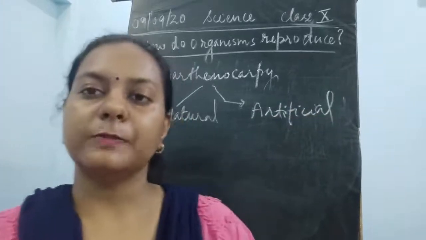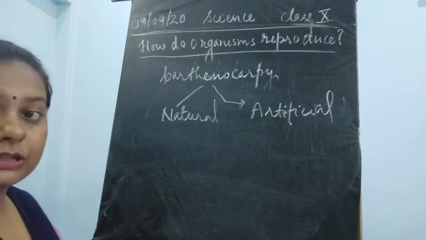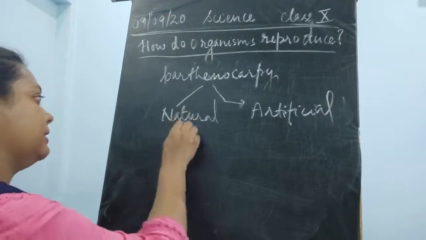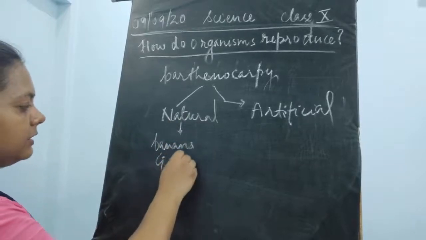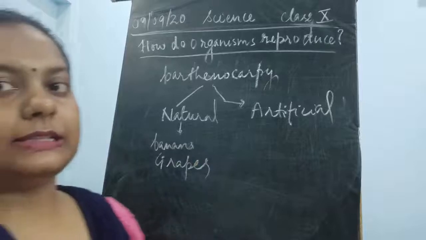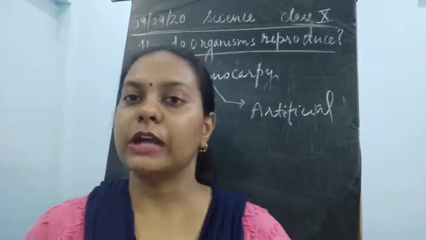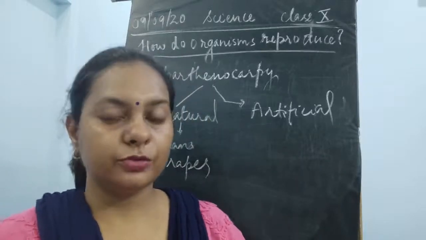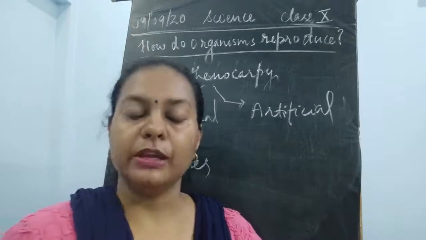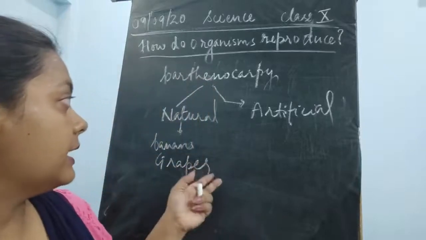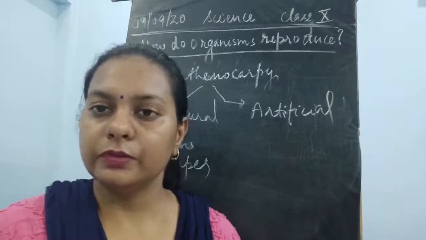So this parthenocarpy is possible when the fruit is being formed without fertilization naturally. In bananas, we can see seedless bananas, and seedless grapes are there. Even oranges are nowadays developed parthenocarpically, where we use certain chemicals artificially and develop those fruits without seeds, because we require fruits only, and we don't want seeds to be present inside the fruit, especially in some fruits. So that is why we can induce this parthenocarpy in different fruits artificially.